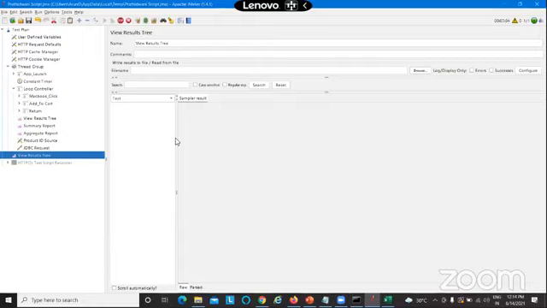JMeter will be calling the app launch only once, and after the app launch, JMeter will be continuously running the loop. That means JMeter will not be running the app launch until the loop is complete. So that is what a loop controller is all about. Similarly, you can have if controllers, if conditions, while controllers; all these logic controllers are to enhance your script. So if you look, you could see that the app launch is only called once. After that, the app launch is not called because we have entered the loop. The loop keeps on running.